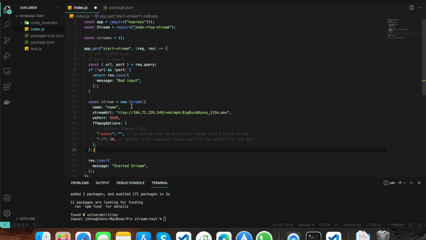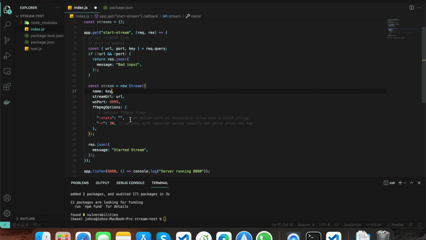So this is it, the whole process itself is completed here, and we can have a key maybe, so we can see the process by the name. Key can be optional. We'll give default the stream, WebSocket port,